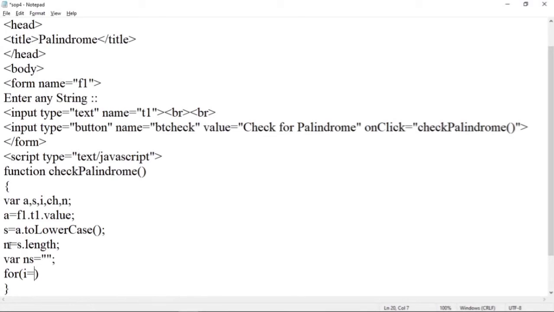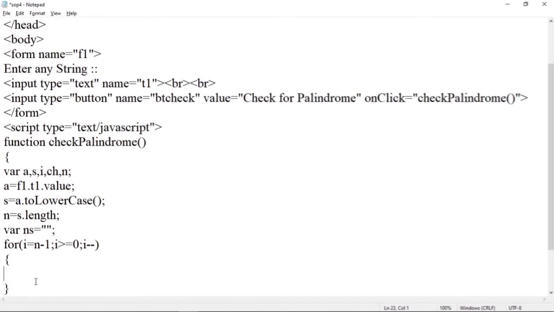So for that purpose we will use here I is equal to n minus 1. After that, I is greater than or equal to 0, and then I minus minus, that is, we have to iterate the loop in reverse manner. See here, I is equal to n minus 1.